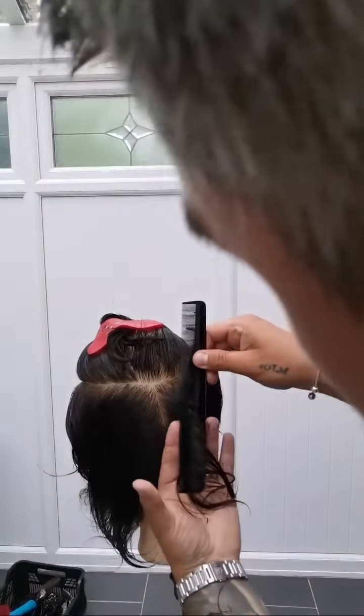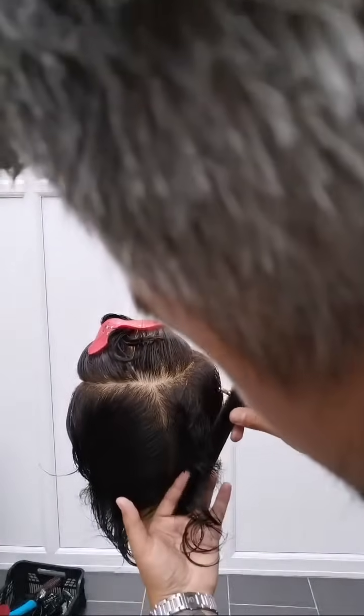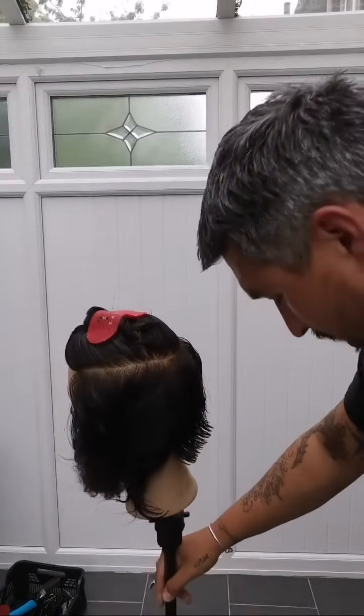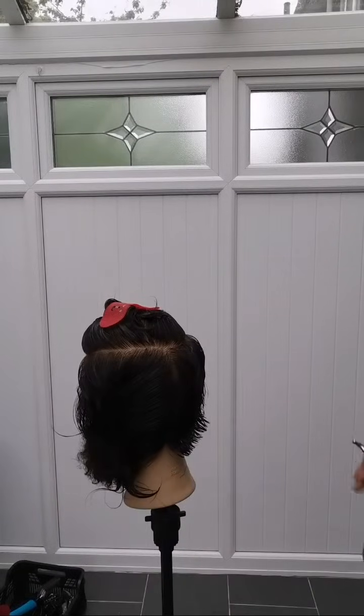So when we talk about technique of scissor, comb, etc., I get asked a lot of questions about how to hold the scissors, and especially when I was doing any sort of education for, say, my own shop, when I had my apprentices, I used to talk a lot about how to hold your scissor, how to hold your comb. Now I'll show you in the next section what I mean, because it's very important how you hold your scissor to get the right cut. Now if I show you this now,